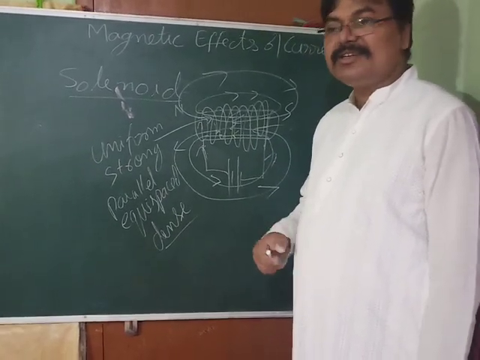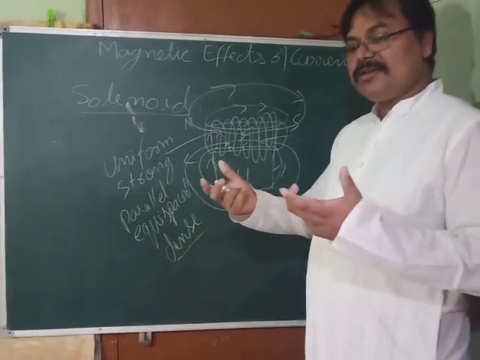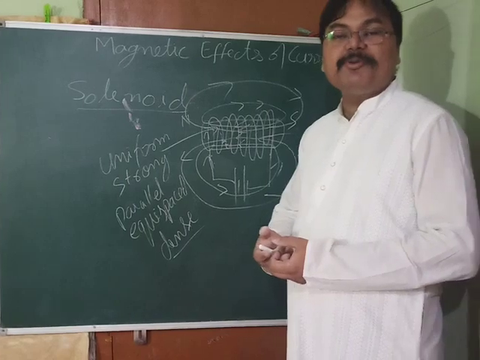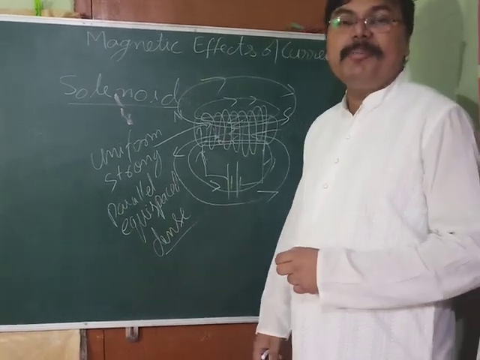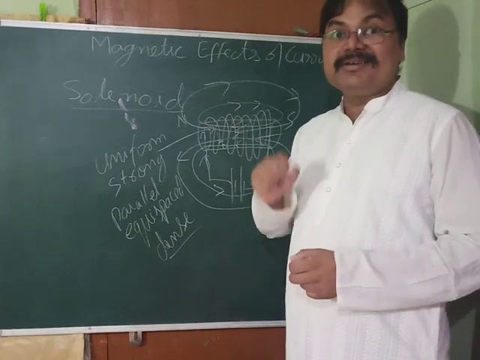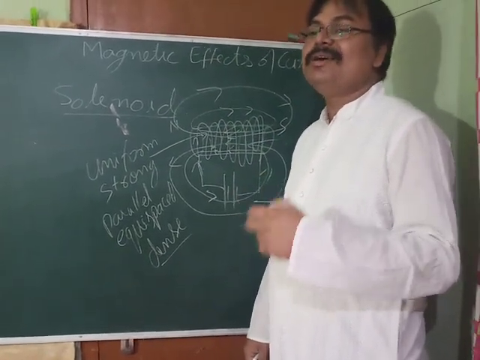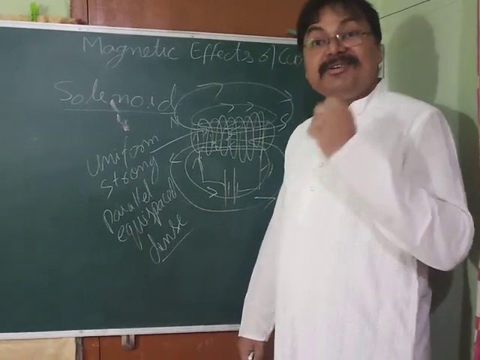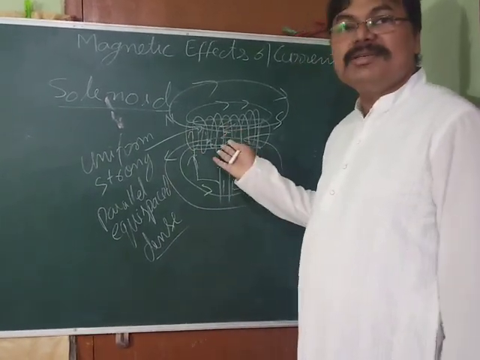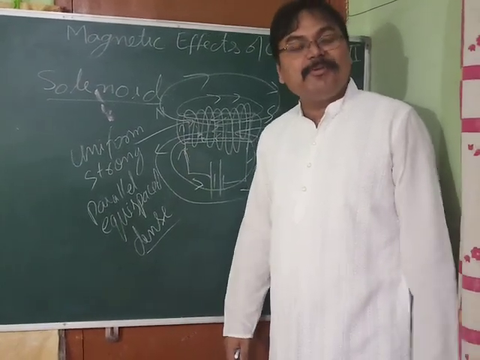But suppose this time they are going to ask you for the difference. See, a bar magnet is actually a permanent magnet. Okay, it is not going to lose its magnetic property unless you heat it or hammer it, because permanent magnets also lose their property once they are heated or hammered. But what about this? Once you switch off the current, it is demagnetized. It will lose its magnetic property.